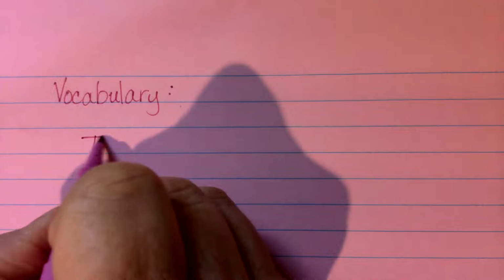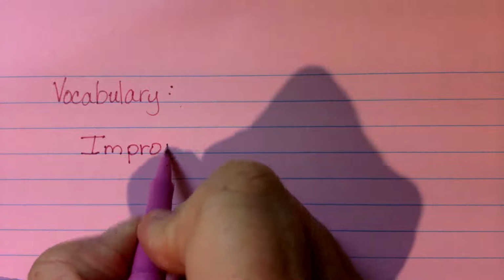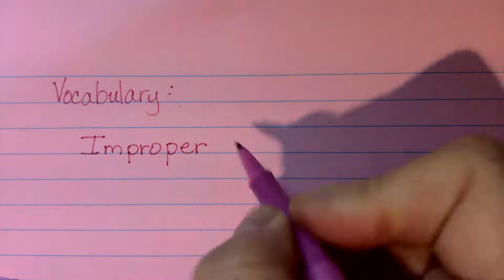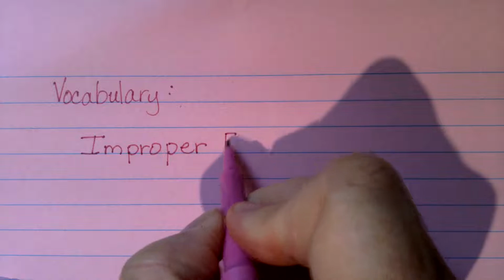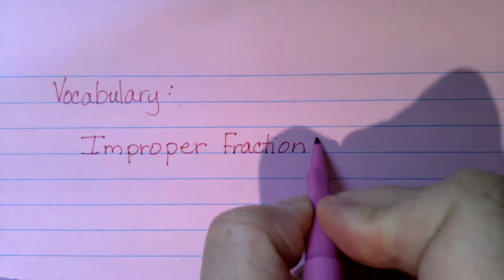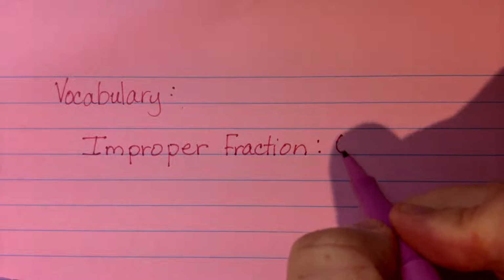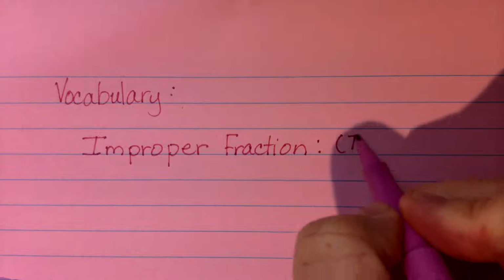So your first word is going to be improper fraction. You may hear this referred to as IF, but we're going to call it an improper fraction. And apparently an improper fraction is a fraction that doesn't know how to behave. Just kidding. Okay, so an improper fraction is